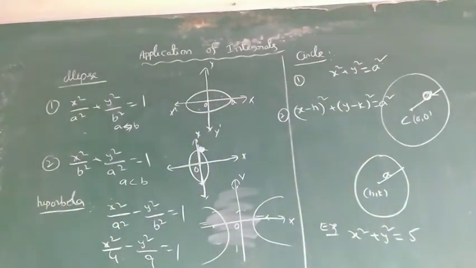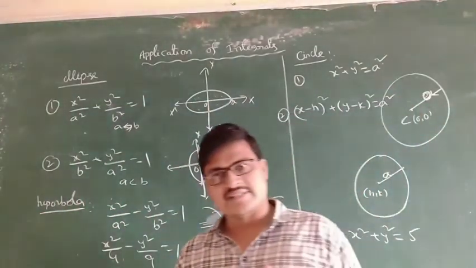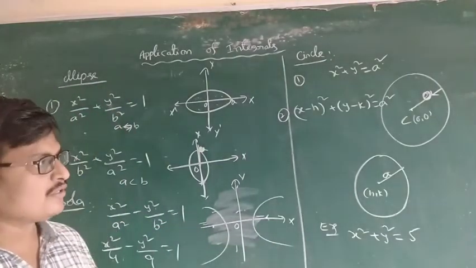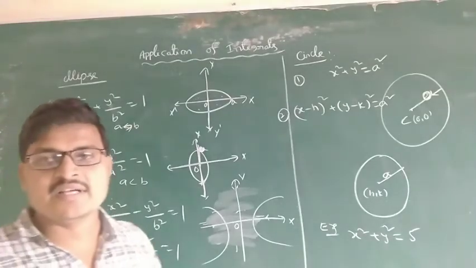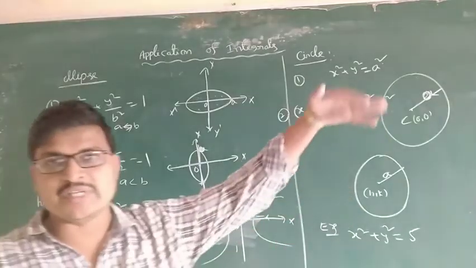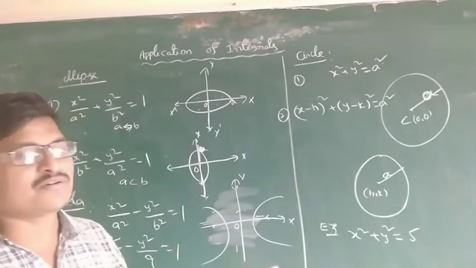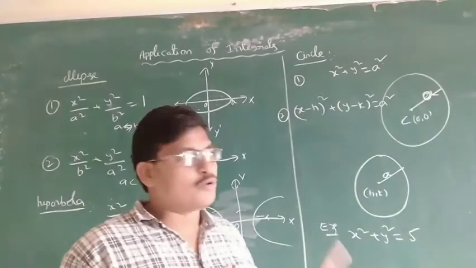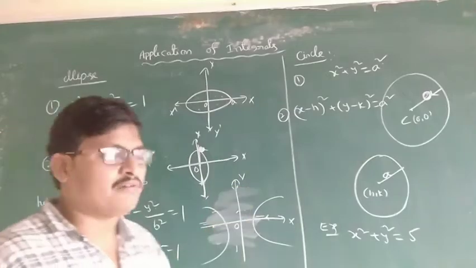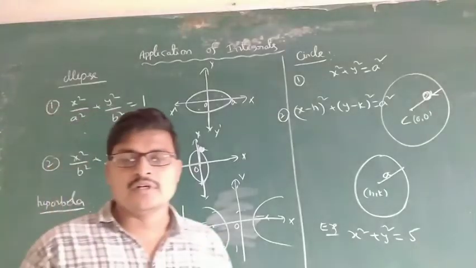Understand, today is only the introduction. The area above the x-axis, the area below the x-axis, the left side and right side of the y-axis. Some area is below the x-axis, some area is above the x-axis. How to take the limits? a to c, c to b. The limits are very important. That's why first we have to draw the graph. The total integration, the total area of the curve, depends on the graph. We have to draw the graph compulsorily.